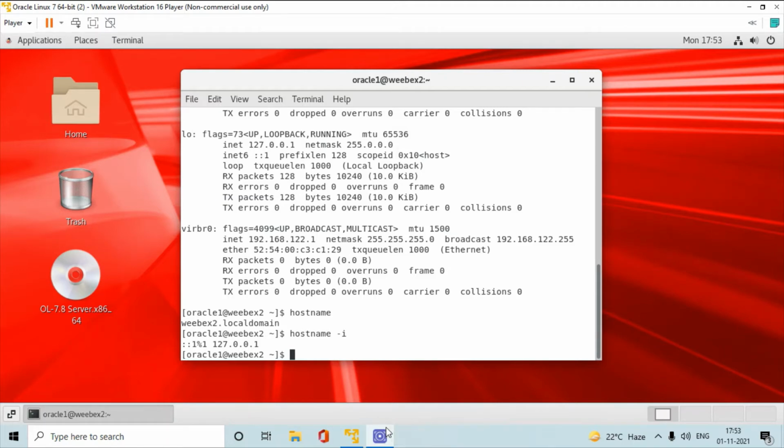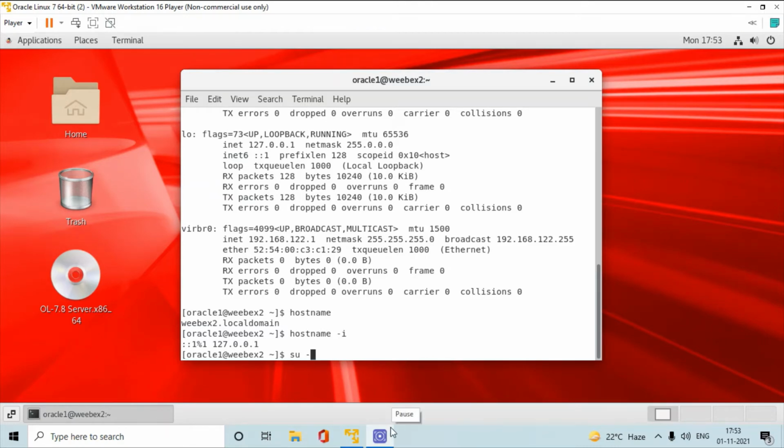Next, you have to go to the root section or admin section. Simply give the sudo command, su, enter, and it will ask for a password.